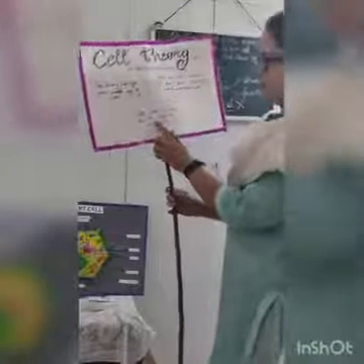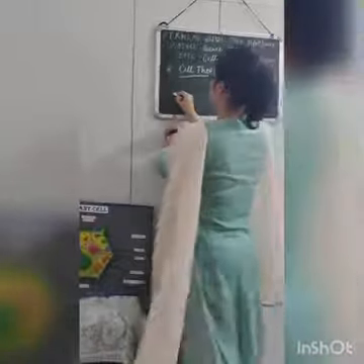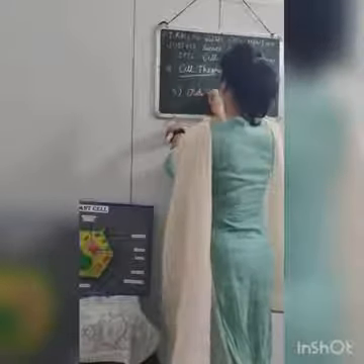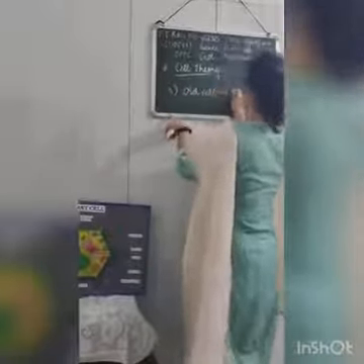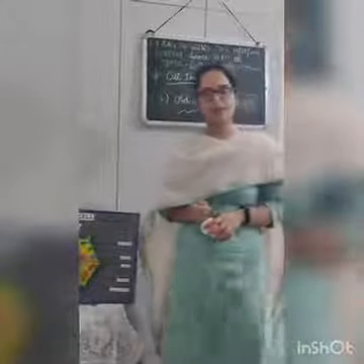Now moving towards the last and final postulate of this theory that we have written over here: cells are formed due to the division of old cells. So if somebody asks us how cells are formed, cells are always formed from older cells. So the third postulate of the cell theory is that old cells develop to form new cells. So the cells are formed from the older cells. Are we clear with the cell theory?